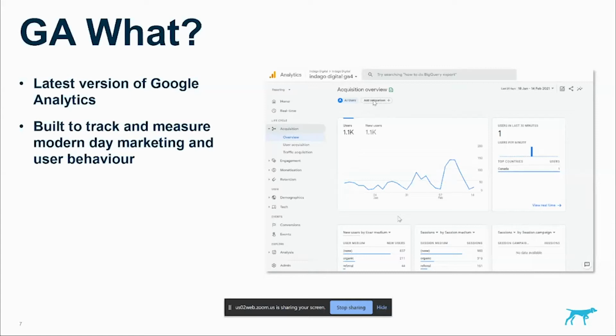And this version of Google Analytics is Google's latest attempt to track and measure all of these things in a single place, so people like you and I and everyone else within various businesses can look at the data in a concise, consolidated manner.